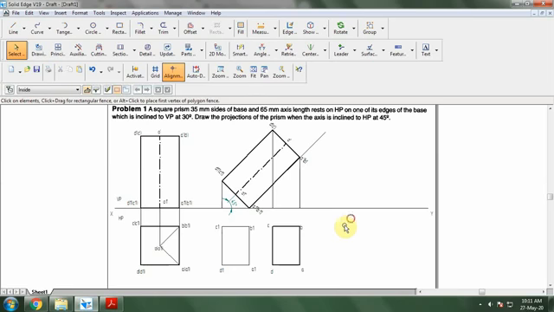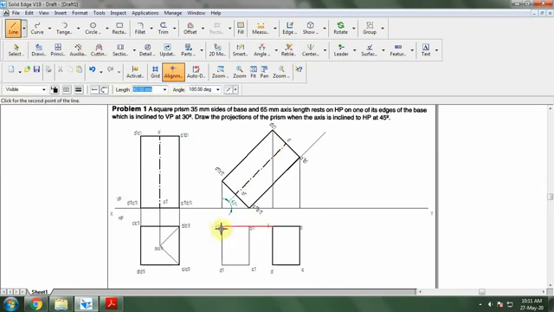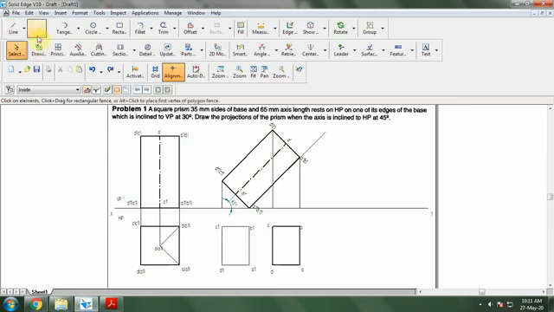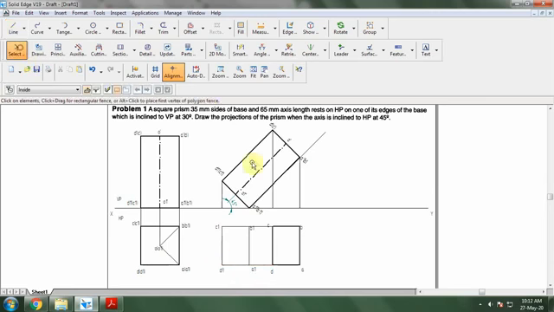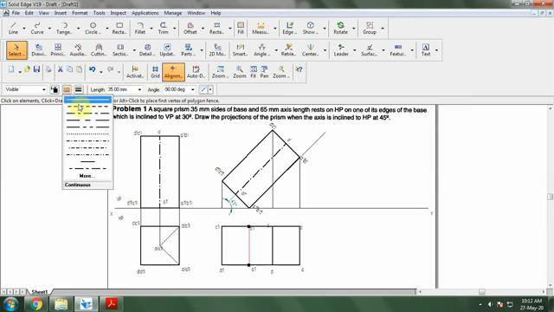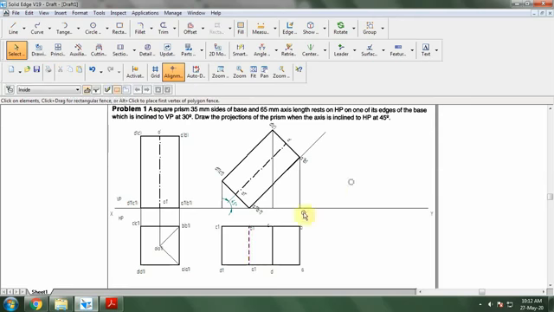Now when I want to connect from C to C1, which is at the top, C to C1 will be visible. So C2, C1 will be visible. Similarly, D2, D1 is visible, and C D1 is visible. Those lines I'm going to make 0.5 mm. The bottommost line, AB, will be invisible, so I'm going to use invisible with 0.5 mm thickness. The lines which connect B to B1 and A to A1 are also invisible, but they come behind the visible lines, so I can't show them as invisible lines.